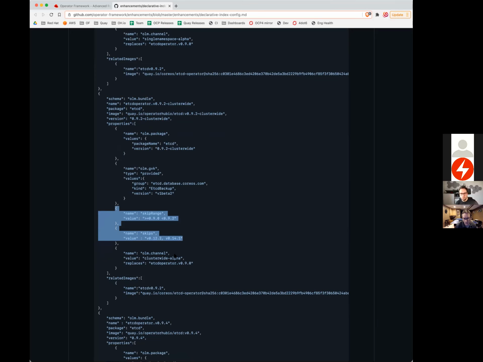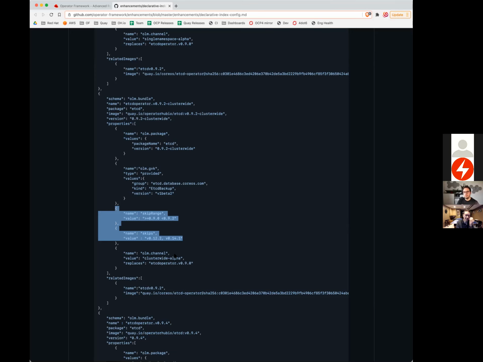Well, it looks like the properties here do allow you to overwrite whatever is coming from the bundle. So what I imagine you do is in your GitOps, you would change the replaces property here to whatever you want when you insert something into the graph. And then you just need to make sure that you construct the graph properly from here. So this looks like it gives you way more control than what you would have with some imperative commands to something that's existing.